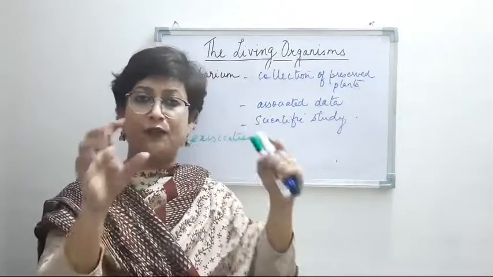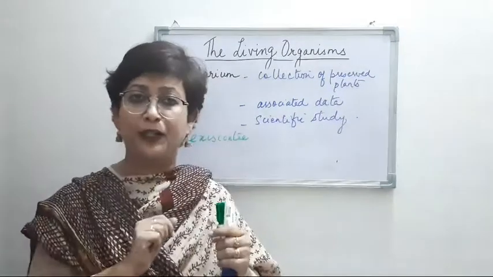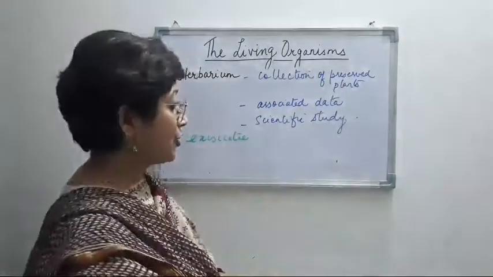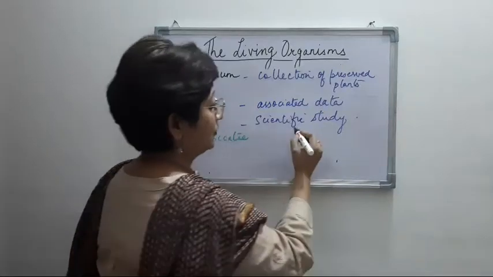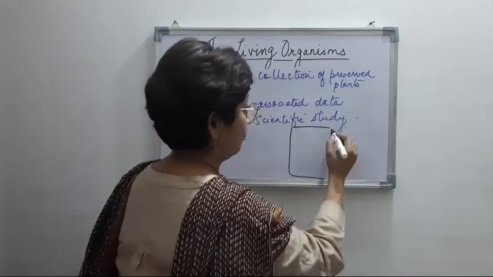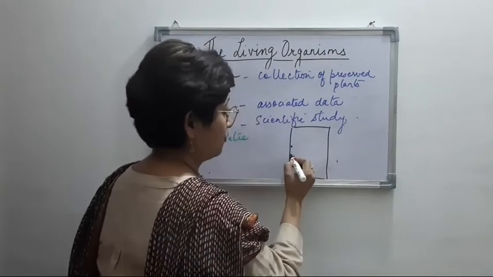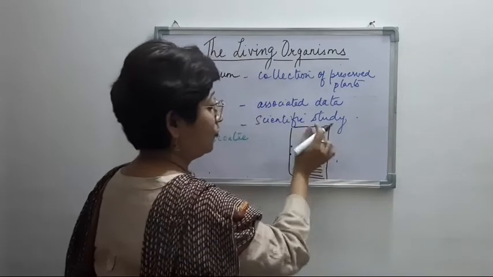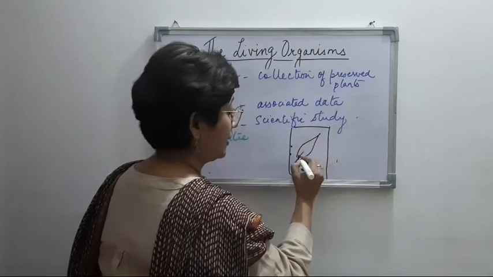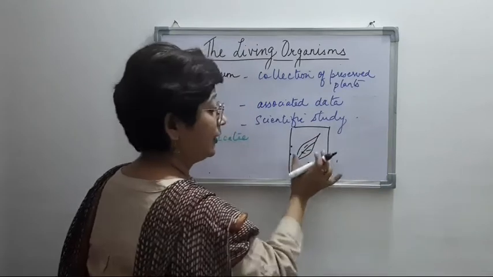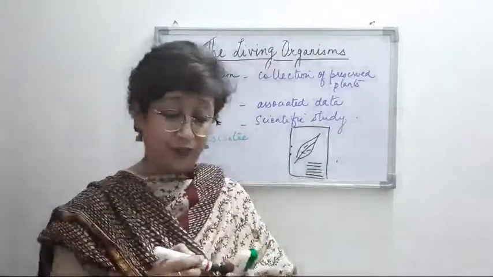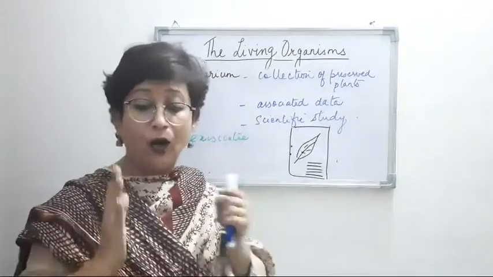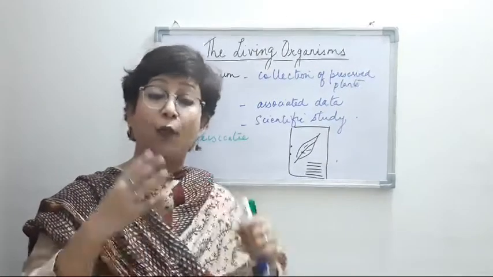So the herbarium file has the word herbarium printed on it, and whatever data has to be written is also there on a sheet of paper. It would be something like this, the sheet of paper, and then there will be those punches here, and here at the bottom the details of whatever specimen is mounted. The detail of that specimen is written on the herbarium sheet, right? So how is it done in the laboratories, right?